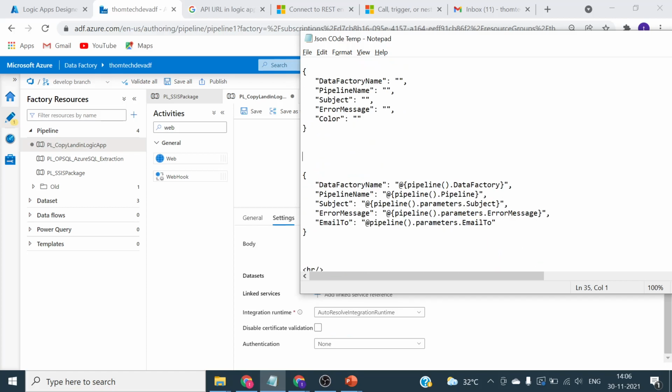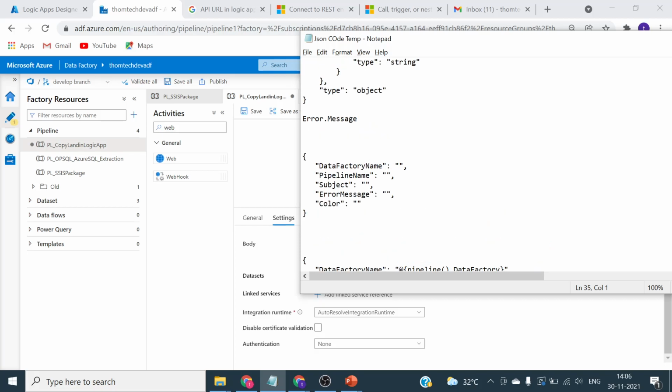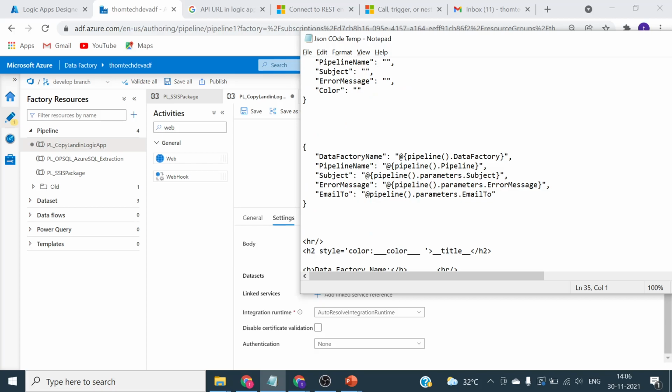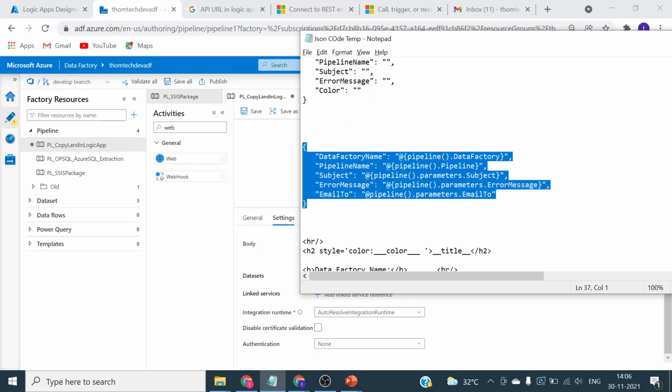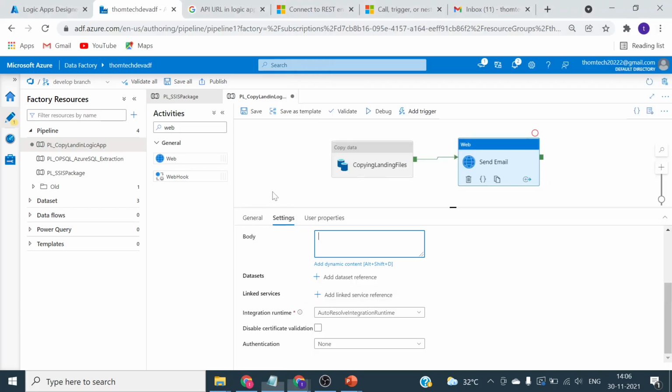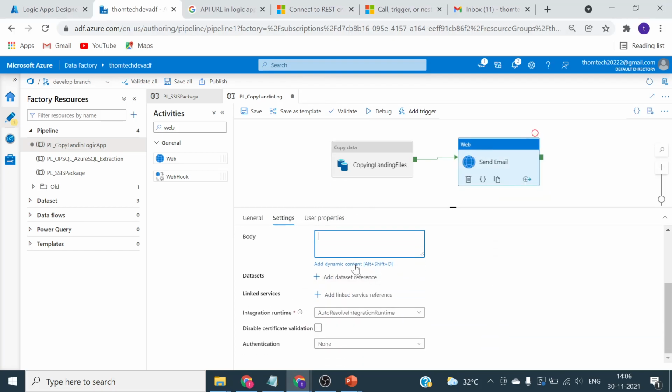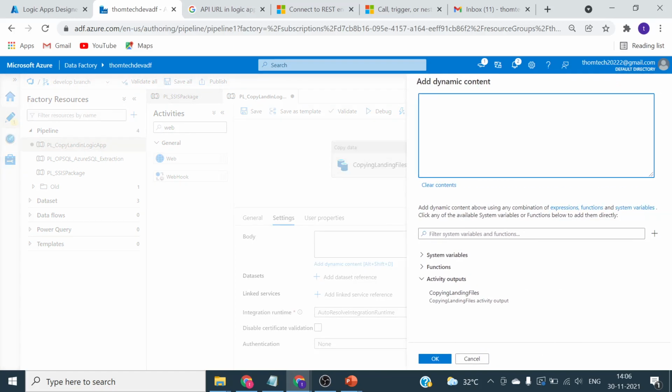Let's go back and give some value. It could be, okay. So what we can do, let's go for a dynamic content. Okay, so let me just get this value. So I have created this already for you just to reduce the length of this session. Okay, so click on this body. Now see why we are going to create a body. So in body we want to pass some text values in a way that it can pass through the logic app. Click on dynamic content, paste it over here.